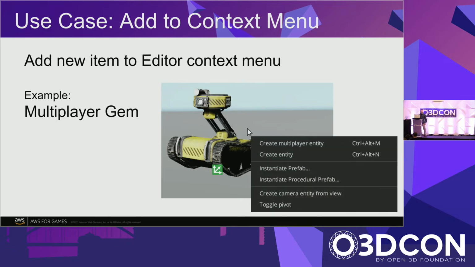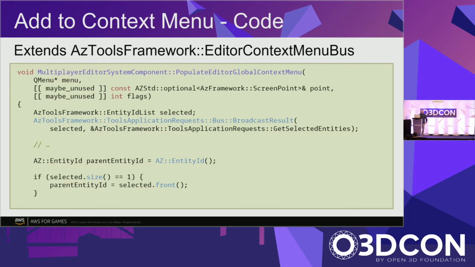The use case was we would want to add a new menu item that will let you create a multiplayer entity. By default, creating an entity will create an empty entity with just a transform component. This would provide a way of easily and quickly creating an entity with the transform component and a few more components that are going to be helping you with setting up a multiplayer environment. So there is a way of doing this in a gem extensible environment, which is extending the editor context